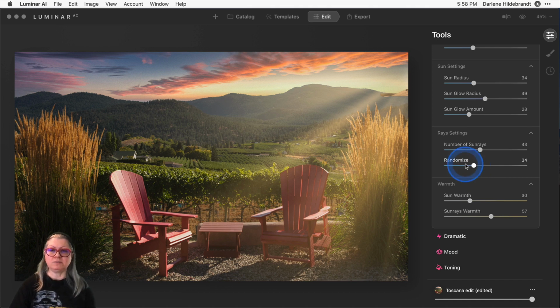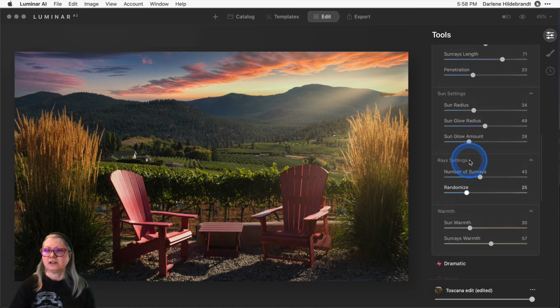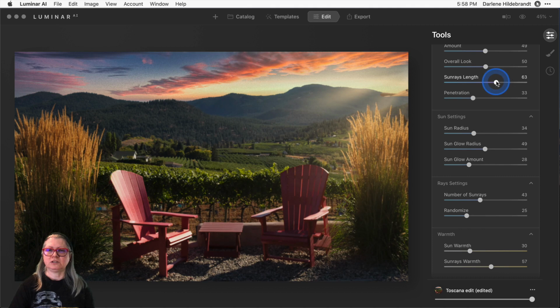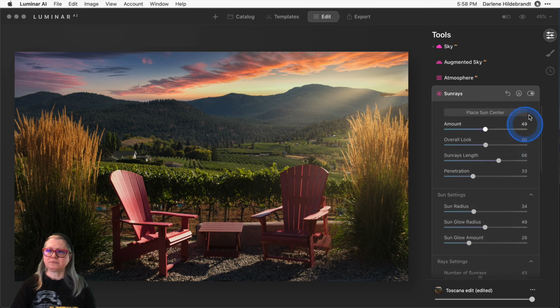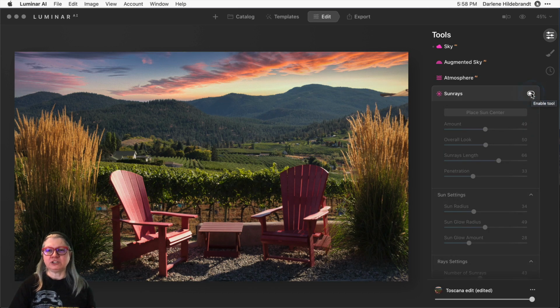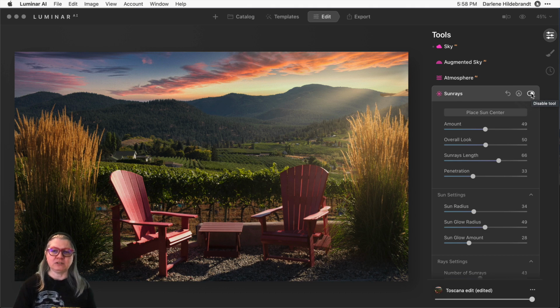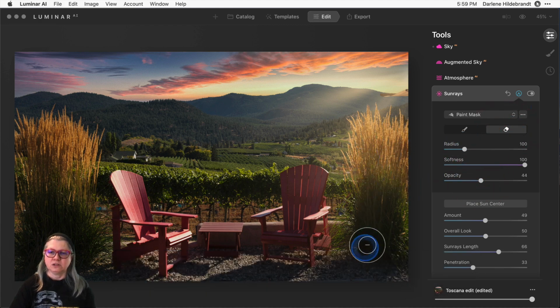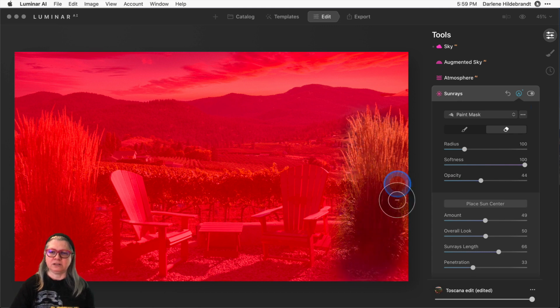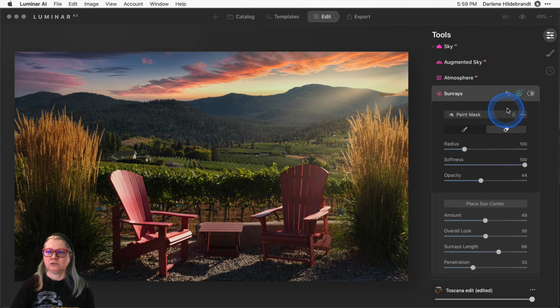Okay, lots of flare almost in that one. And you'll notice that because it's adding this flare, it's reduced the contrast in this area and not in this area. So it's really realistic, as if you had actual sun flare in your image. So I'm going to just leave that one like that. So that looks nice. So what it's adding here, I'll just toggle it off, is exactly what I just described a minute ago, almost like the sun is hitting your lens and giving a bit of sun flare. If you want to mask it, you can mask it and erase it from certain areas like we did in the last video. So if I don't want the flare happening on this side of the image, I can do that.